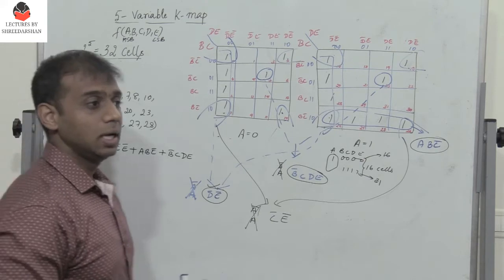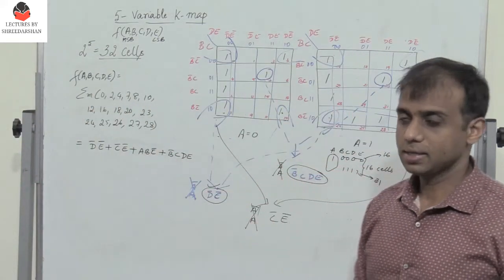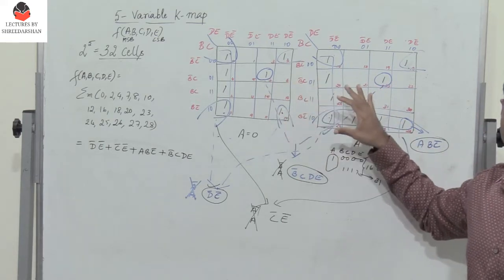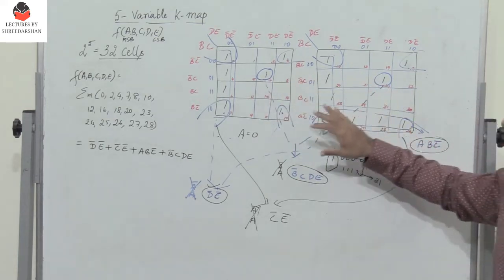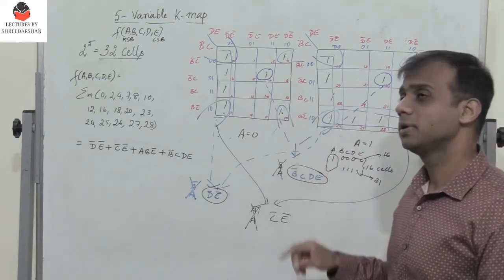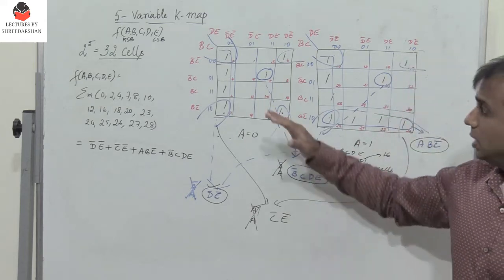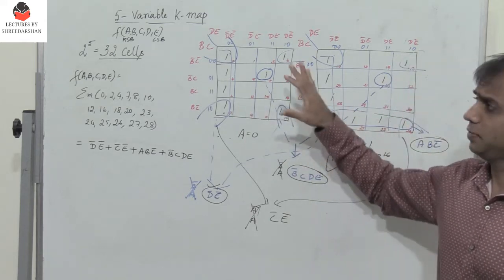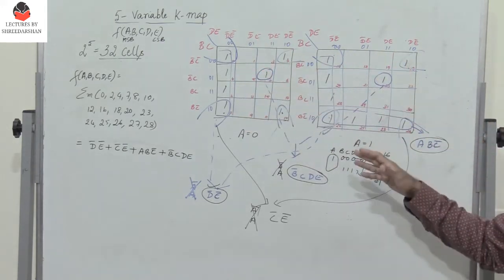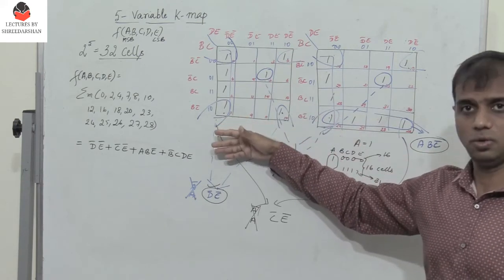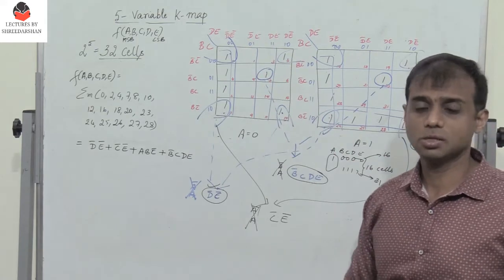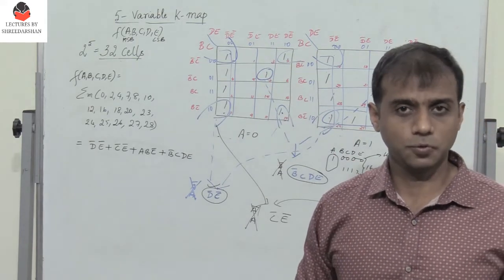So very simple. All that we need to identify is the ones present in common in both the K-maps. If they are present in the same position in both the 4 variable K-maps, then definitely you have a reduction of the variable A. And if they are not common, and they are very specific to either this 4 variable K-map or this K-map, then what happens? The other variables get reduced, which is either B, C, D, E, and the process of reduction remains the same as we have done for a 4 variable K-map.